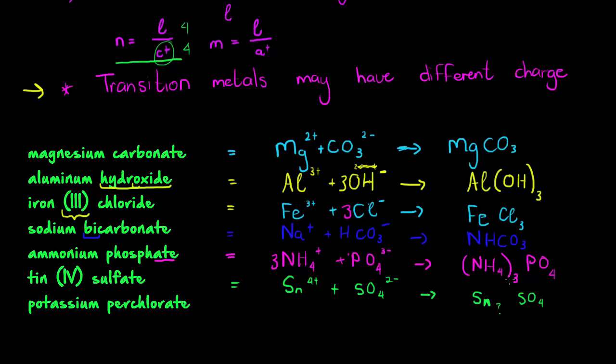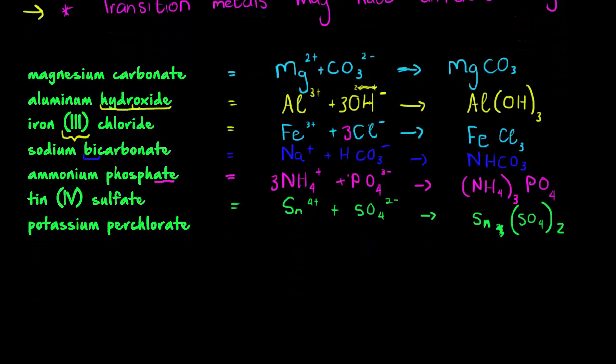Okay, now for sulfate ions, how many of them do we need? Well, my LCM is 4, my anion's charge is 2. So when I divide, I get 2, which means I need 2 of these. One of these, which I don't write, and 2 of those. Okay, and then the final one,